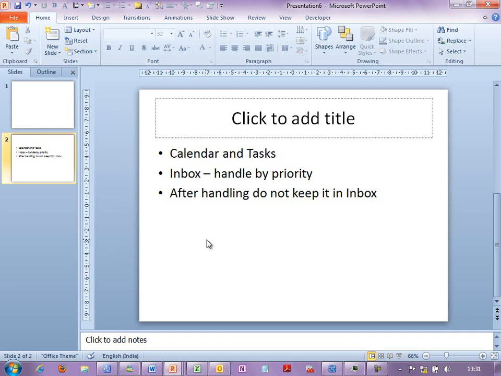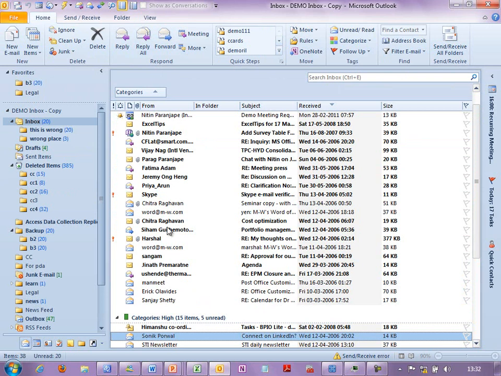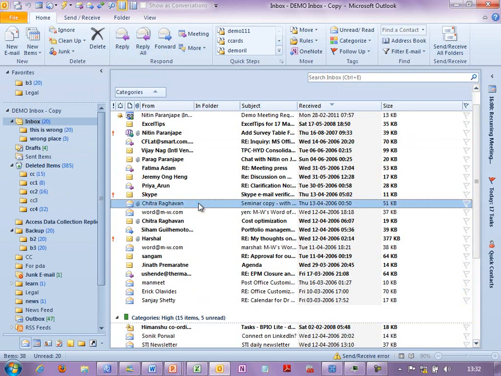Yeah, please go. If you drag your email into your task box and create a task from it, is there any way of getting rid of it in your inbox other than going back and deleting it? Yes, very good question. In fact, I forgot to mention it. Now onwards, you are going to delegate work by using task, not mail. But till others realize it, they are going to continue to send you work by email.